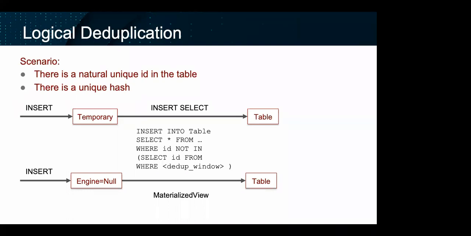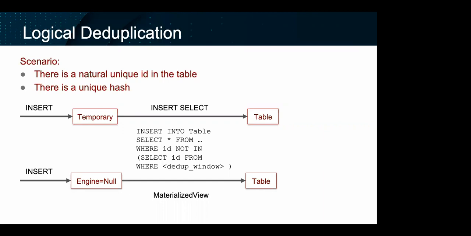It could be a temporary table, could be some intermediate table, that doesn't matter. And then when you INSERT SELECT from this temporary table to your permanent table, you add an extra WHERE condition,